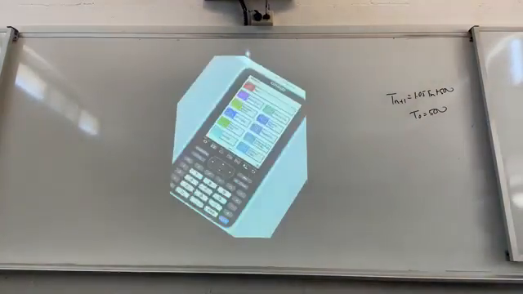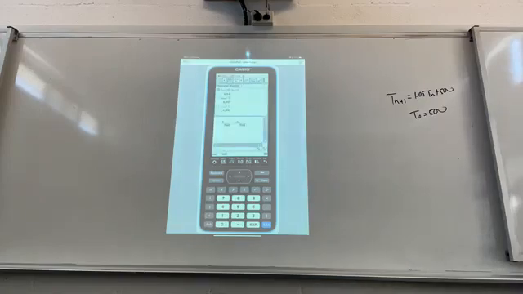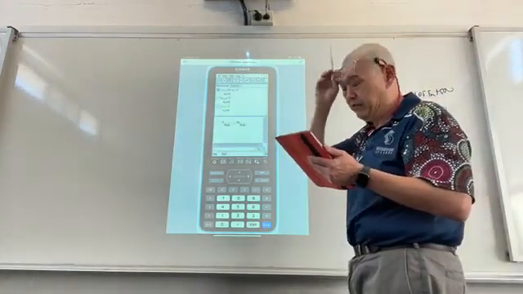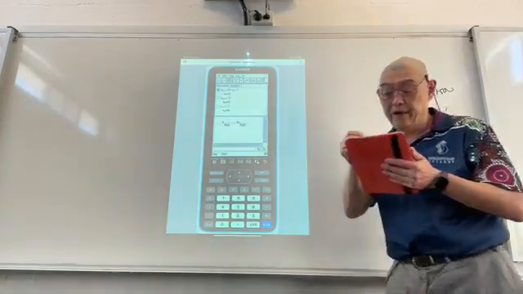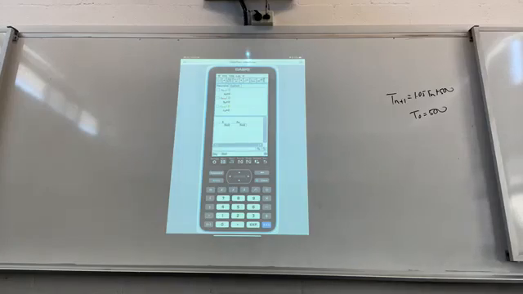With your class pad, go to sequences. I would always recommend that you clear everything when starting a new question. So go to edit, clear all, and input your recursive rule. Remember, first order linear, that's only the recursive rule. So Tn plus 1 is 1.05